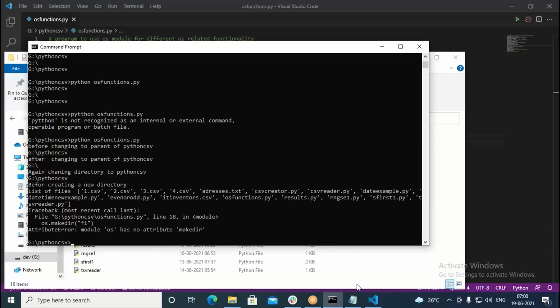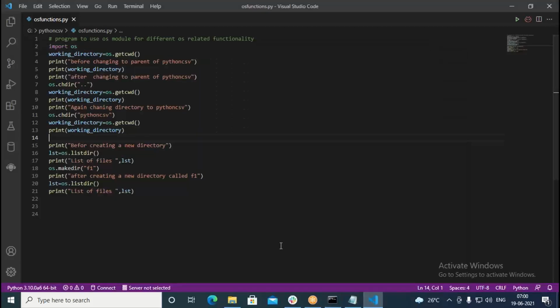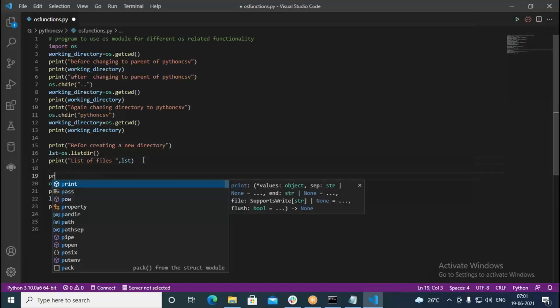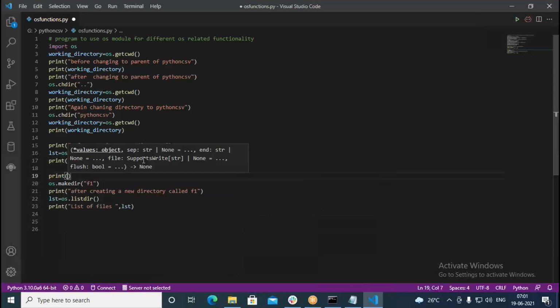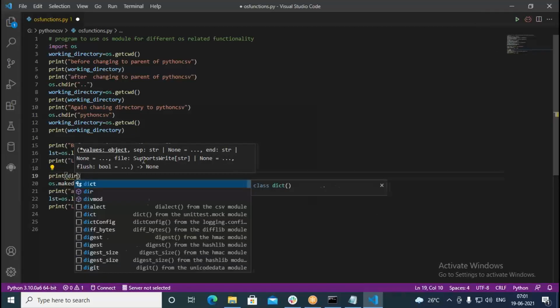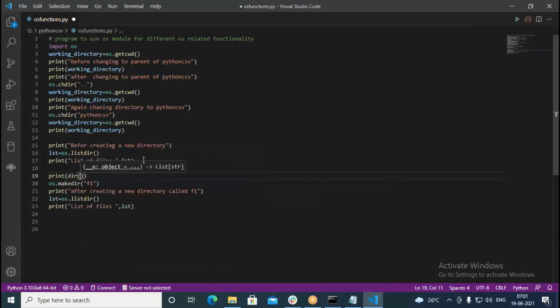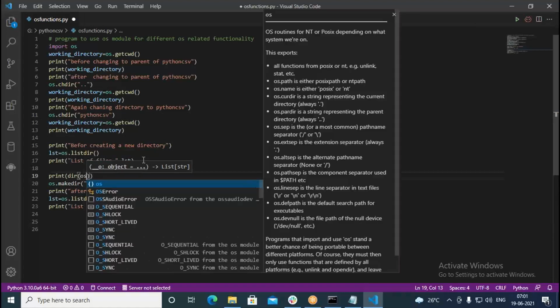Let me go to this code and try to find out here. It is printing up to this, the LST, but when I say os.makedir, it's saying no such directory. Here what we do, we go with the print, then followed by dir, then say here OS.